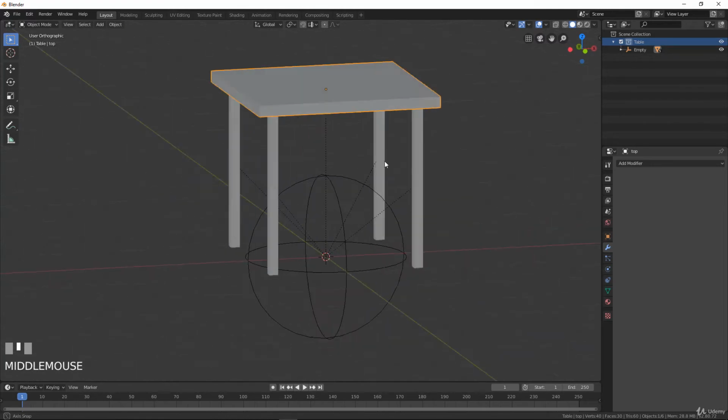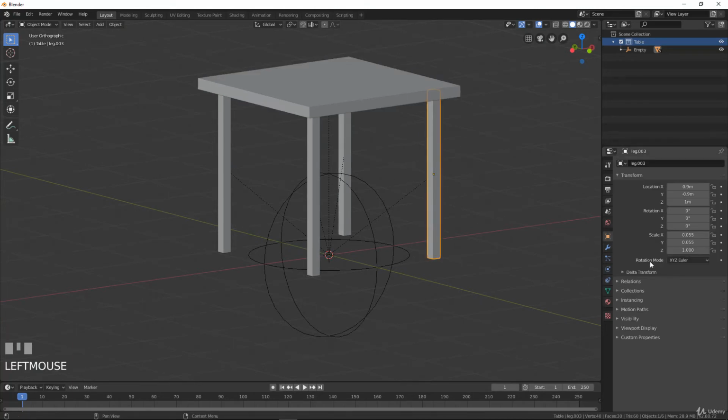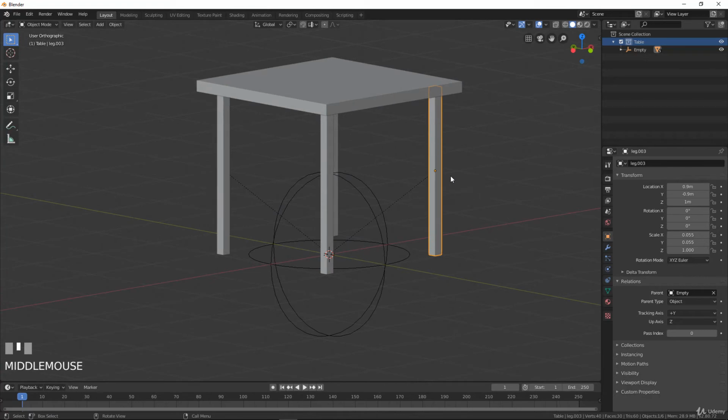Control P. Now let's say you want to remove the parenting of the object. So you can go into the object options here, and if you go into the relations here, you will have the parent that is an empty. If you remove this with the cross, you can see that the relationship is removed. But if I do a Control Z here and I select my object and I make Alt P,